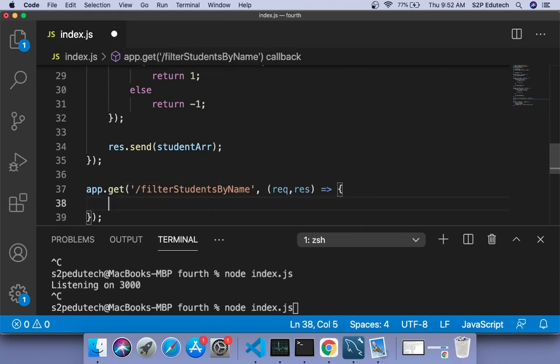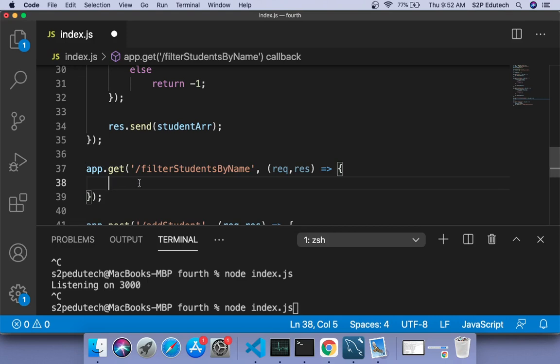In this callback function, if anywhere in my name that filter request, whatever would be my search string, if that comes, I would return that particular object. That is, only those students which match that filter criteria, I would be returning them, right?